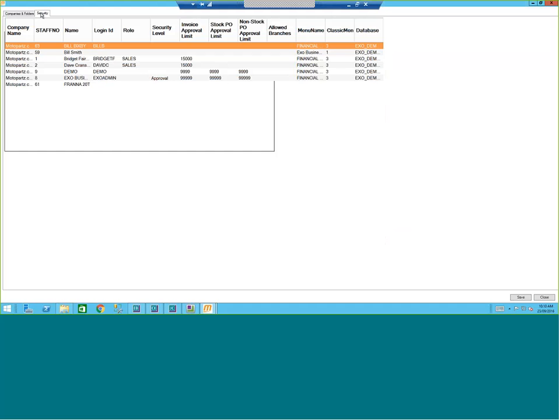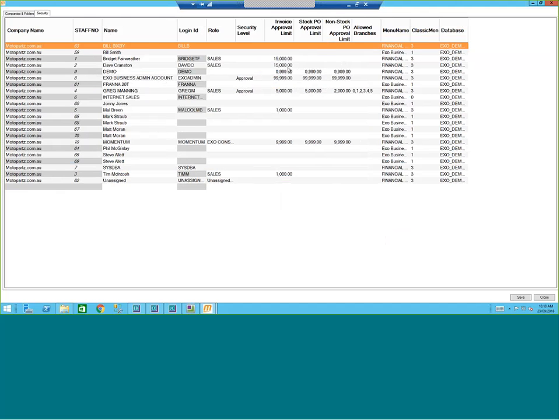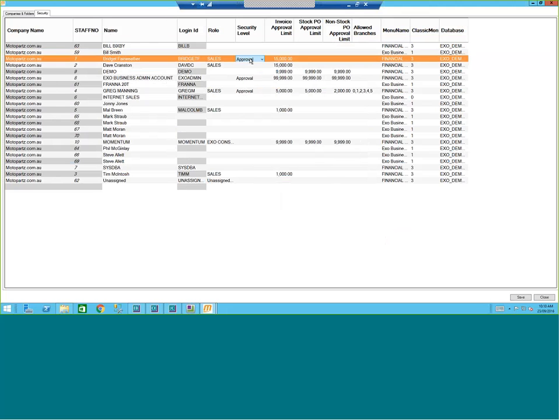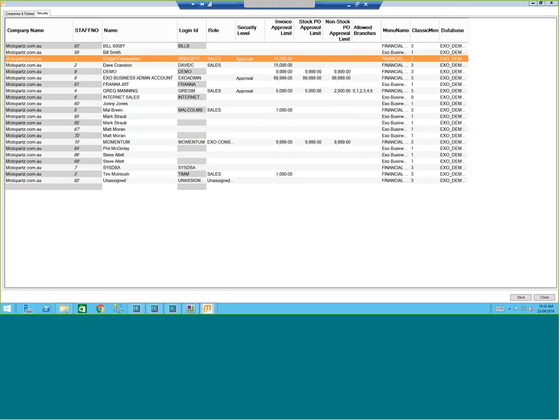And then thirdly, each person can have different authority limits. So this is really a replica of the setup start screen that we were looking at, but it gives some additional options around what each person can do. They can view, they can approve, or they can't do either. And it also gives the option to say this person can only approve in branch 1, not branch 2, 3,